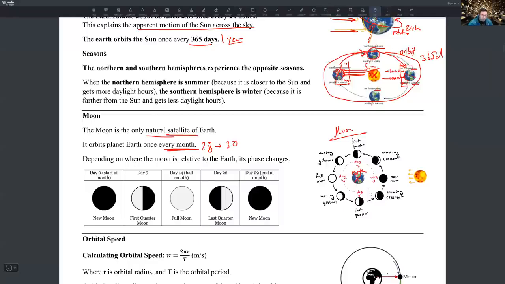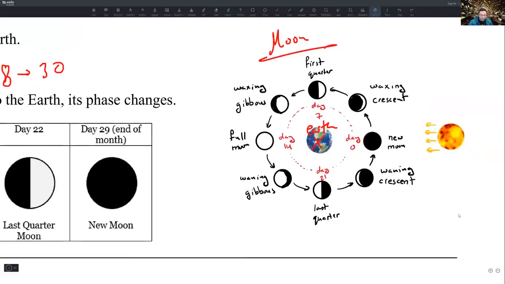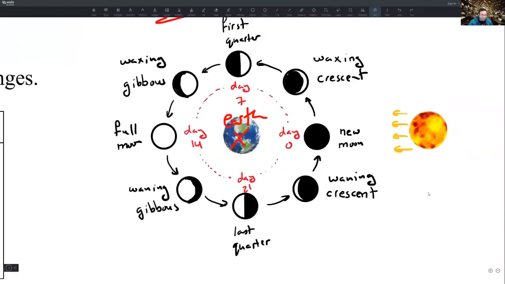But depending on where the moon is around the Earth, we see the moon differently. And I'm sure you've seen this. If you look up at the sky, you realize at night, every night or every few days, you'll notice the moon looking